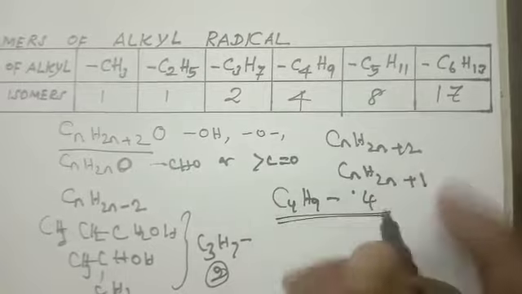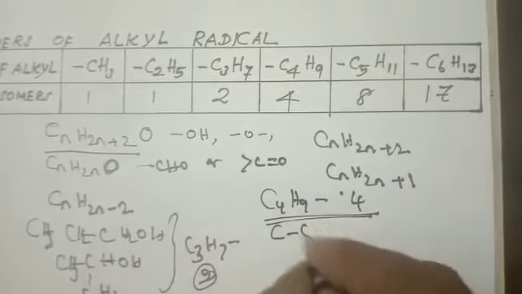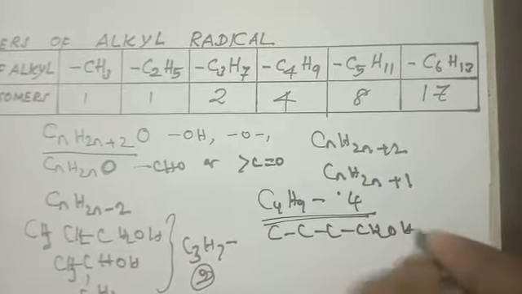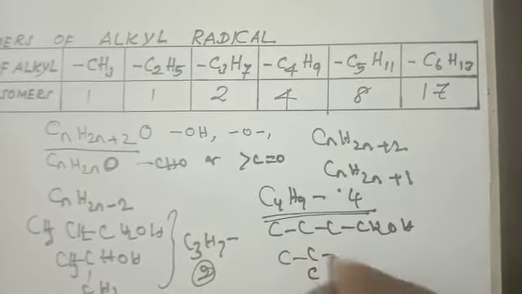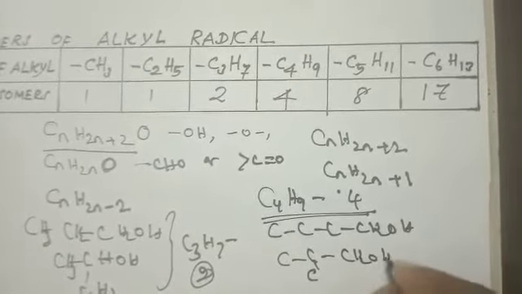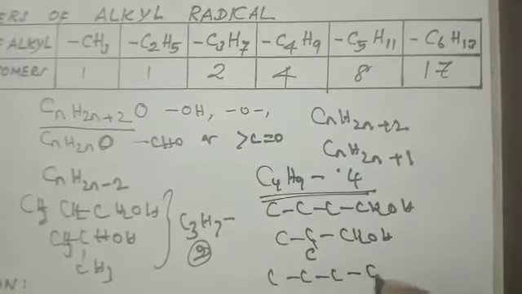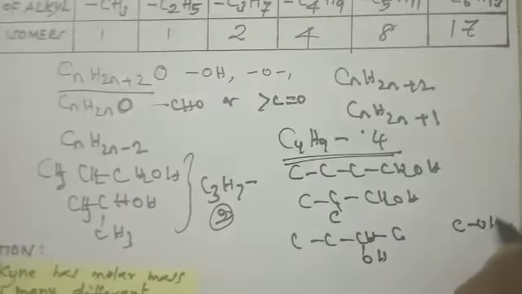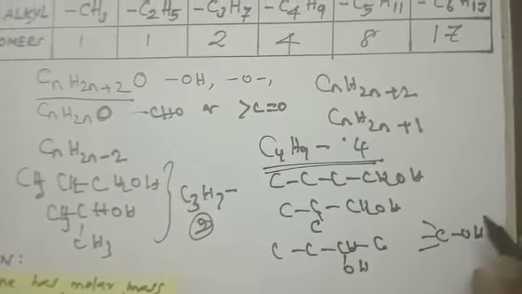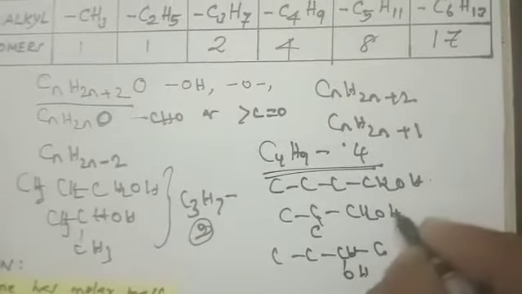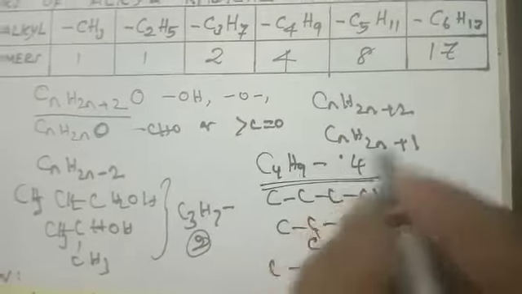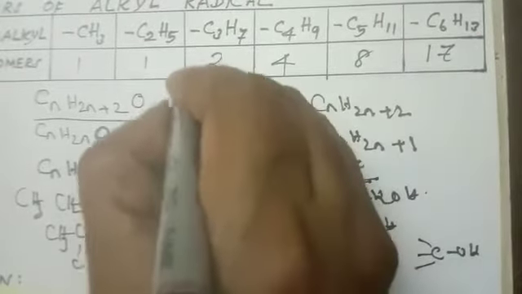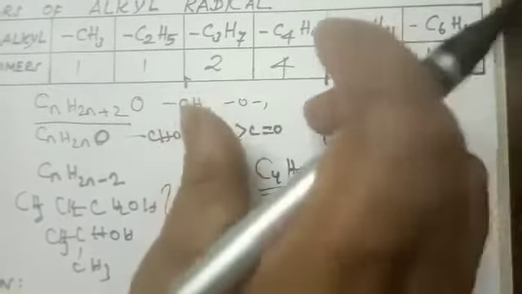Take the same alcohol for 4 carbons. This is called n-butyl alcohol. Next, this is called isobutyl alcohol. Next, you can call it secondary butyl alcohol. Next, this is tertiary butyl. So you have 1, 2, 3, 4 isomers for carbon number 4. These two only, today I am going to concentrate. Suppose you forget, with this knowledge you can bring this data.